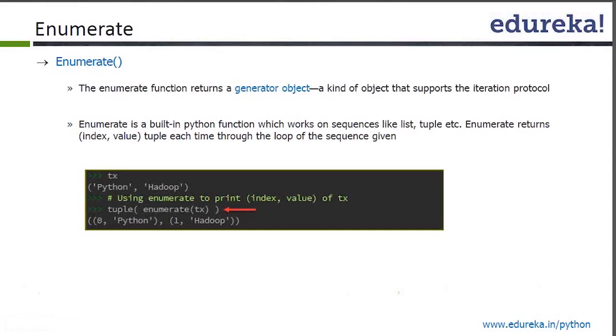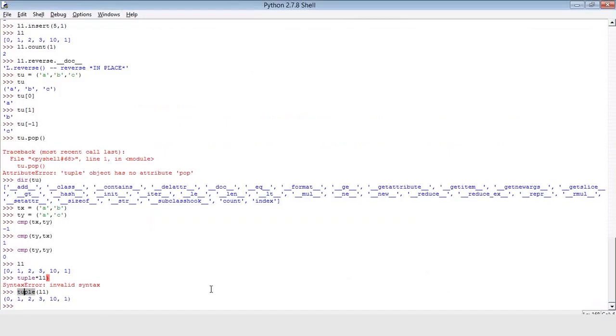Now moving to a function called enumerate function. The enumerate function returns a generator object, a kind of object that supports iteration protocol. Basically, whenever you say enumerate, what it will do is it will give you index and value. So if I say here